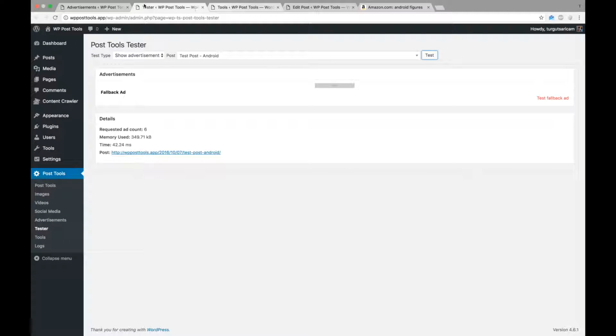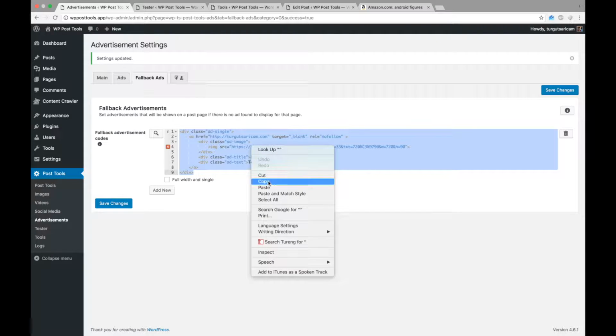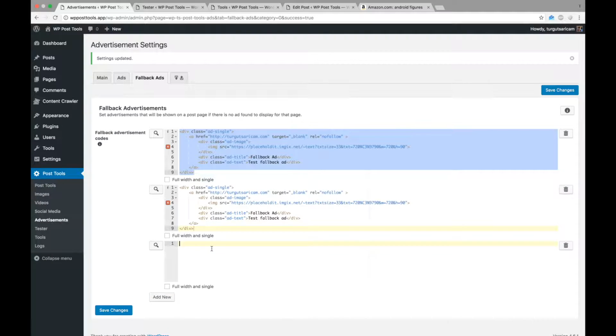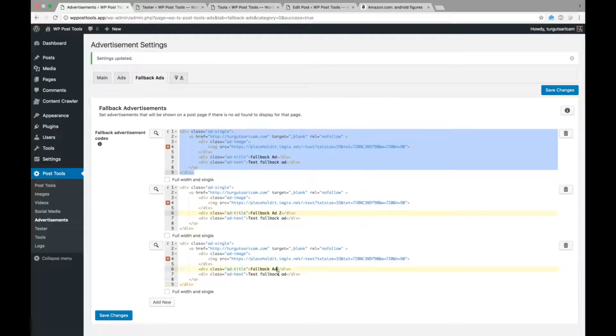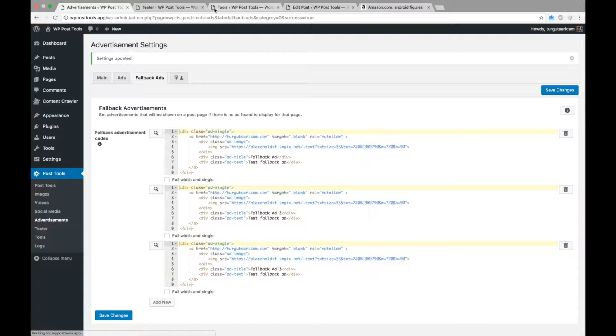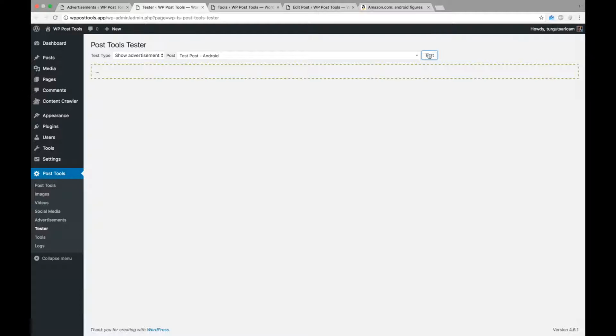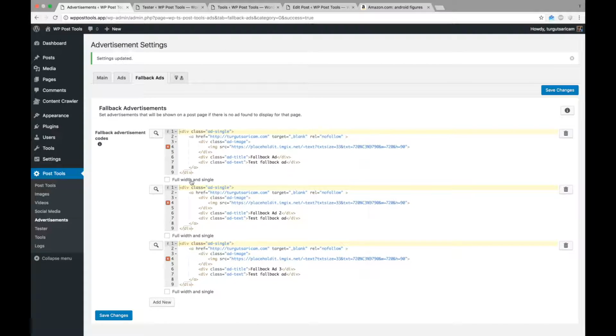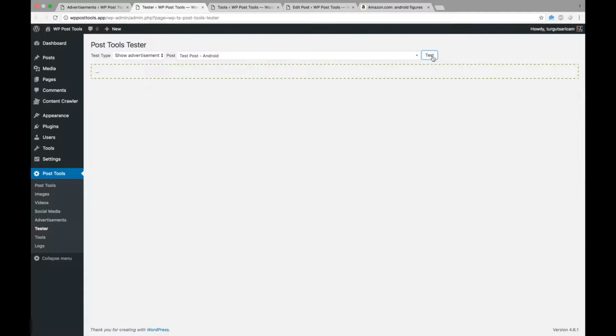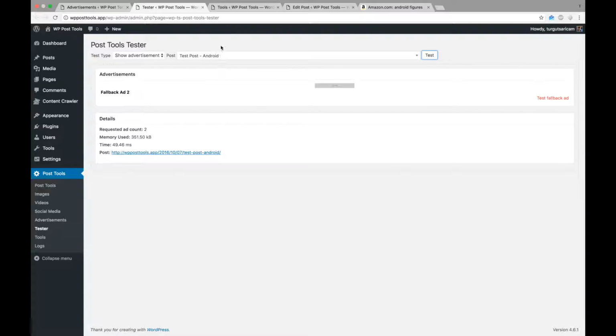Now, let's create more fallback codes. We can also show a fallback advertisement alone by checking full width and single checkbox. In this case, when the fallback code is selected to be shown, it will be shown alone and other found codes will be ignored. Nice. The fallback code is shown alone.